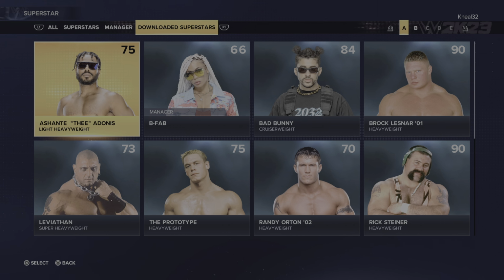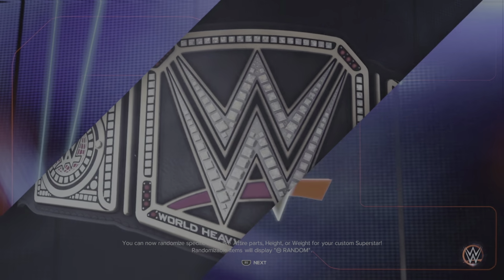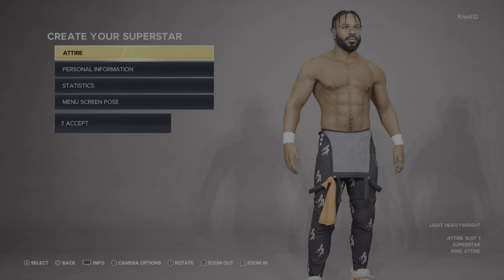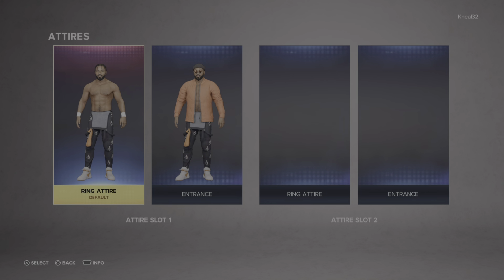We are doing a likeness video for the newest Steiner Row DLC pack for WWE 2K23. I'm going to start with this guy here, Ashanti the Adonis. We're just looking at the likeness. I did this for 2K22. Whenever a DLC pack would come out, we'd take a look at the character, see exactly what they look